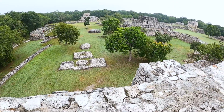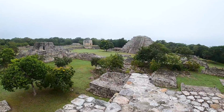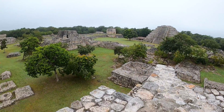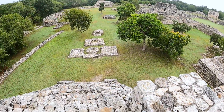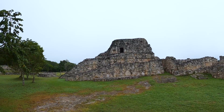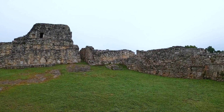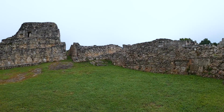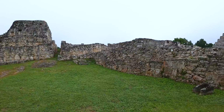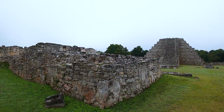restoration work has been done on a few of these, and they do of course upkeep the grounds with the trees and cutting the grass and keeping vines and clippings off of the structures themselves. There is still some excavation, quite a bit of excavation taking place on the entire property. So they're taking a break obviously right now because of some restrictions, but some of the things to